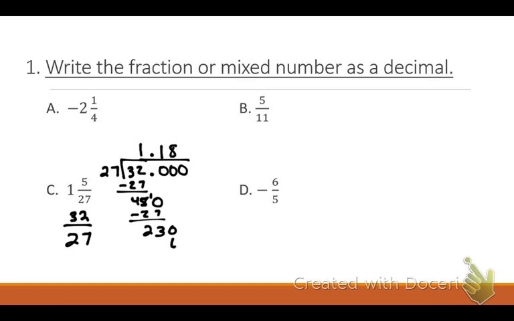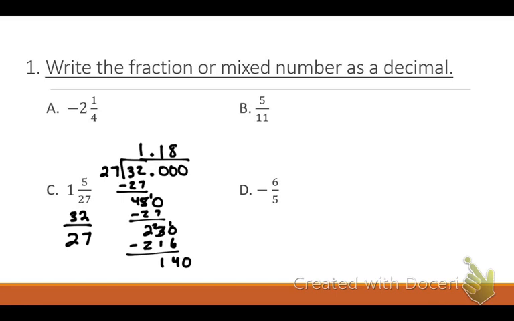8 times 7 is 56. 8 times 2 is 16, plus 5 is 21. Looks like it might work out. All right, 10 minus 6 is 4. 2 minus 1 is 1. All right, and 14 is smaller than our 27 up here, so it does work out. Am I done? No, I'm not seeing a pattern yet that is showing me it's repeating, so I've got to just keep going, okay? Drop down another